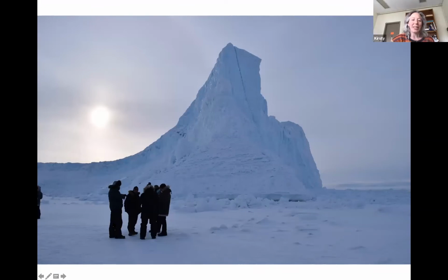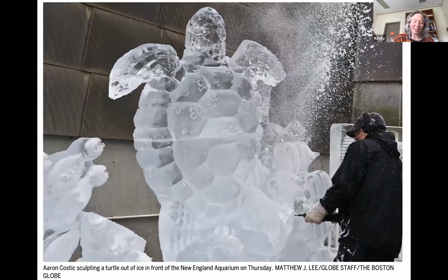Basically, you can go quarrying for freshwater ice that you can turn into fresh water to drink. And the way you go quarrying in an iceberg, and this is a picture taken from somebody else, is with a chainsaw. The same way you might have seen that people carve sculptures out of ice with a chainsaw, it's possible to carve blocks of ice from an iceberg so that you can get fresh water. And the trick to it is that the oil that you use for the chain has